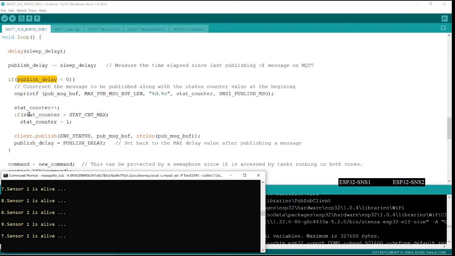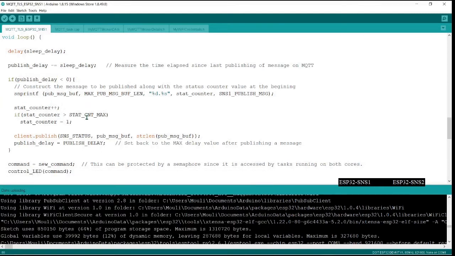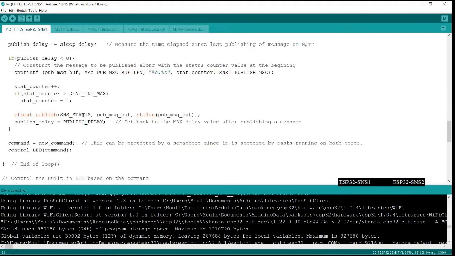Because of this incrementing of the status count, I make sure that it runs within 10 loops. Then I publish it. I create a message which is to be sent using this buffer, and I am filling the buffer using snprintf. You can Google for this syntax.